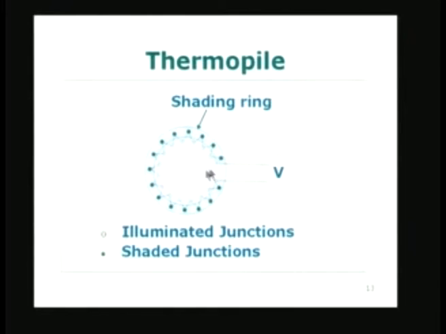In this case, I think I have about 15 or so junctions. So, 15 times the voltage will be developed, and what this measures is a large output. If the output for each thermocouple pair is only 40 microvolts, as I just said, you will get about 15 times that, 15 times 40, about 600 microvolts, which will be a sizable amount. So, the junctions shown with the open circles are illuminated junctions, and the others are shaded junctions.